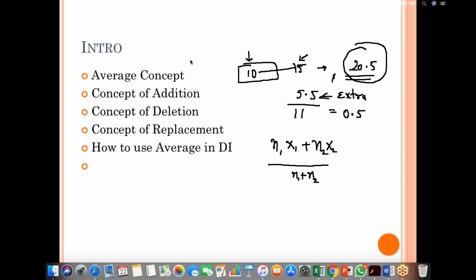Sachin Mishra is asking what is the difference between mean and median. Sachin, I have just explained that mean is based on the values, whereas my median is based on ranking, right? Median is based on ranking. See, middle rank is median, and the sum of the values divided by the number of values is my mean or average, right?